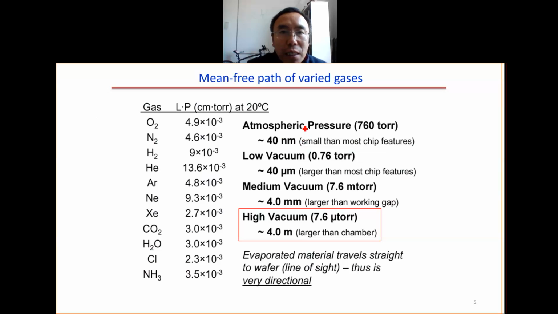This is the mean free path for different gases. In this case, you can see atmospheric pressure, 760 torr, the mean free path is about 40 nanometers. In this case, we also use lambda. So lambda L times pressure, pressure times distance, equals 3 times 10 to the minus 3. This number here corresponds to the case of water. For the high vacuum, that is 7.6 microtorr,